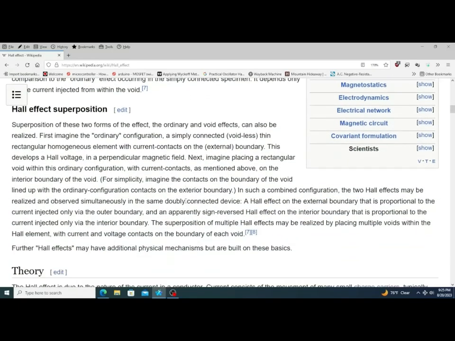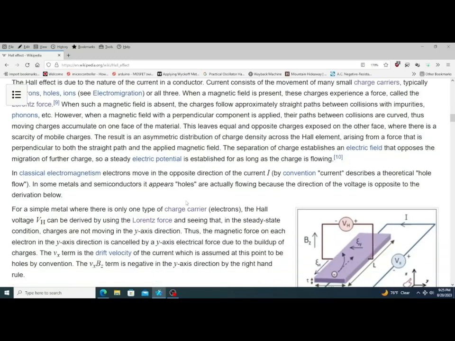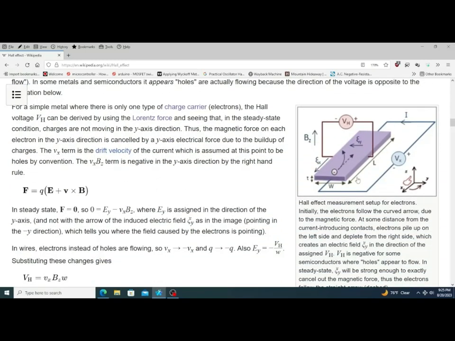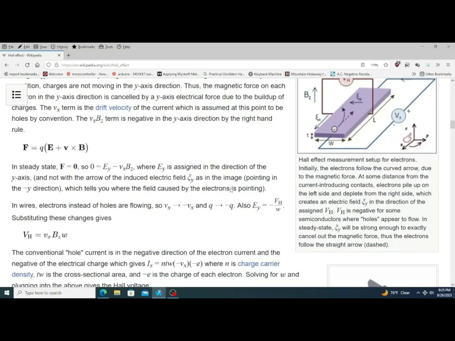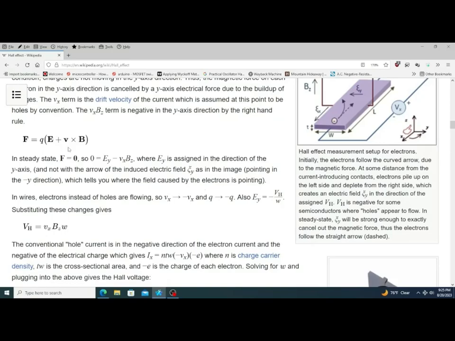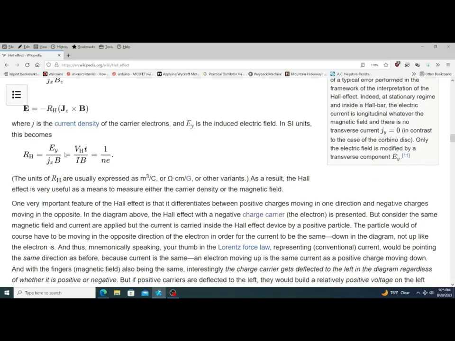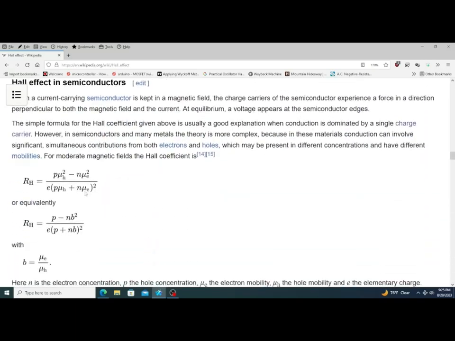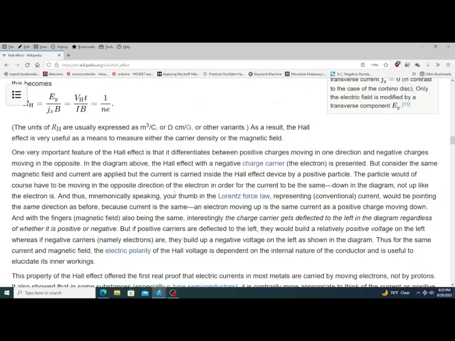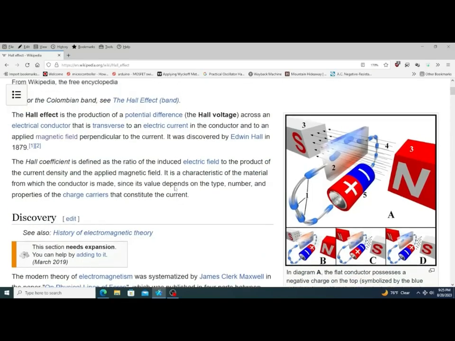All right. Hall effect superposition. The theory was kind of all right. I mean, some of the pictures are good. And then, a lot of this is actually good, but there's a lot of this and this and this, and it's like, well, somebody first just say what the heck's going on. But if we go back to